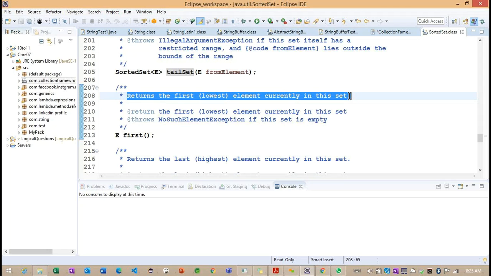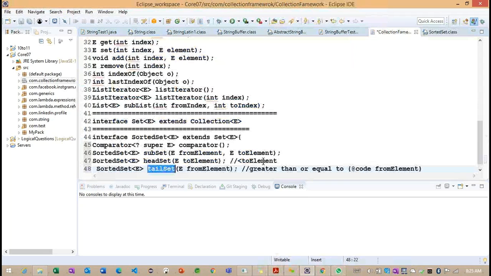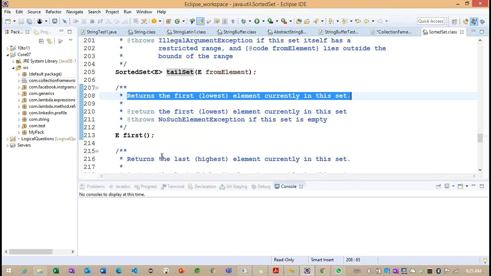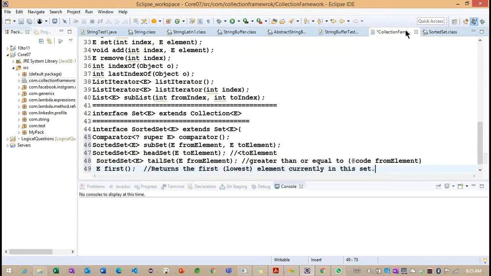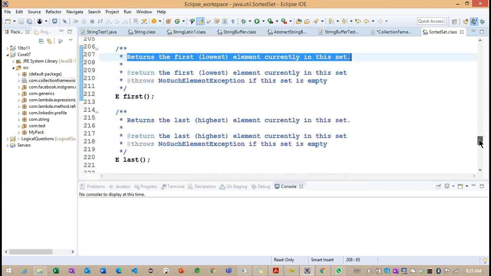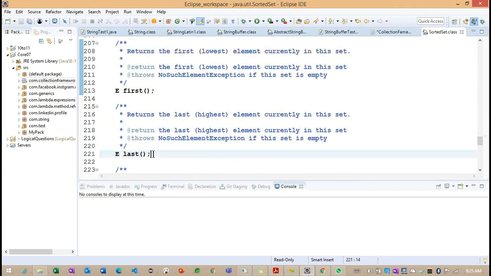In the lowest, we are going to find the first element. The first element is going to be returned by this particular method called first. Another method we have here is the last method, which works the opposite way.